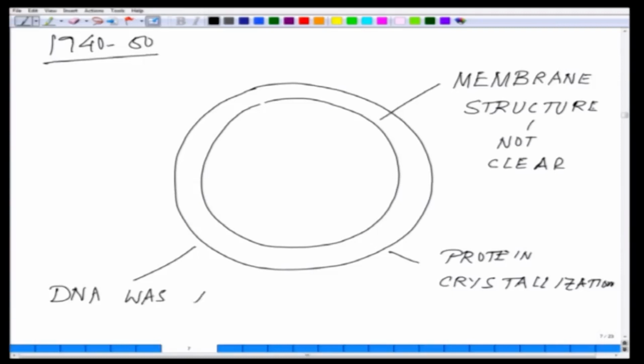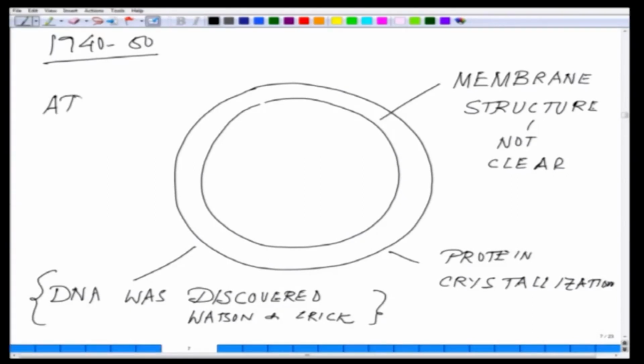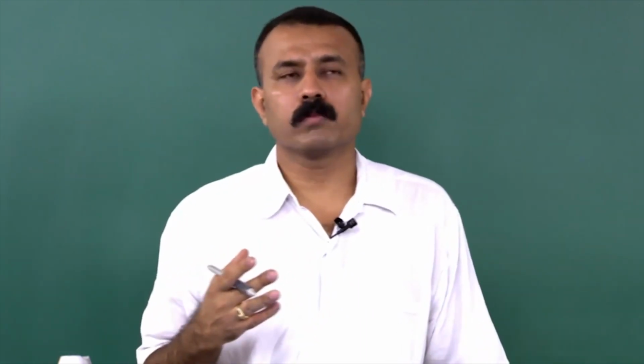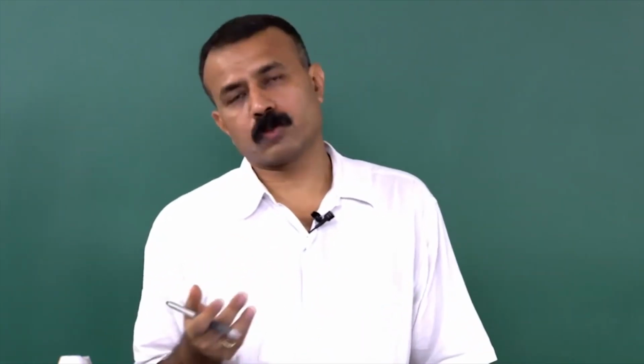DNA was discovered by Watson and Crick, okay. And it was the time when the action potential was discovered, but nothing was clear that there are ion channels and all those things which we talk so easily nowadays. It could, at that time, have been a very daring dream, and that is what pretty much Hodgkin and Huxley